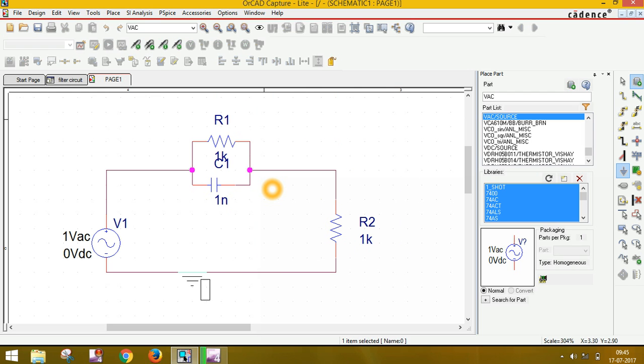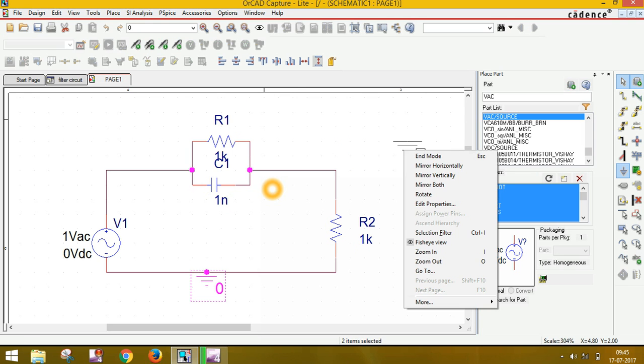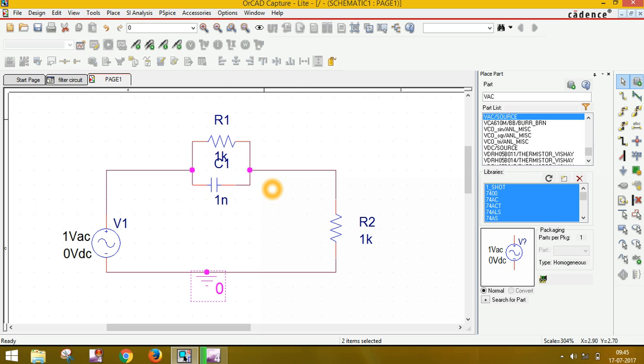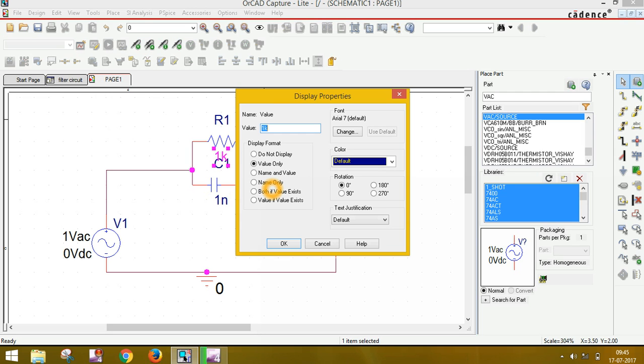This is our ground. Now we have to set the values. Here the value is 6 kilo ohm.